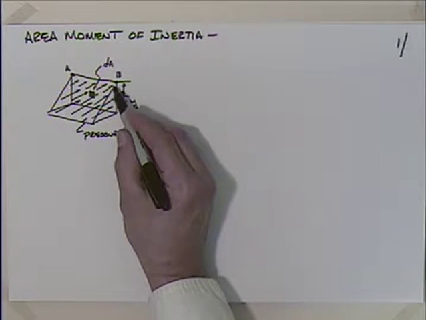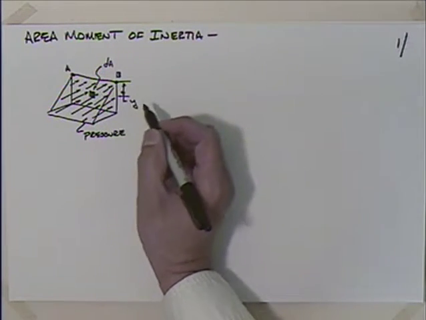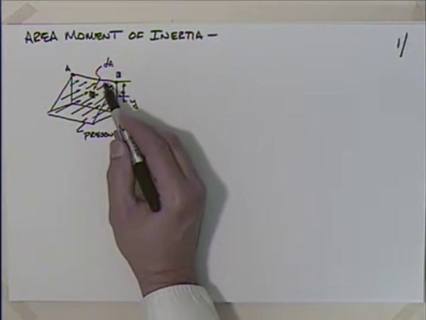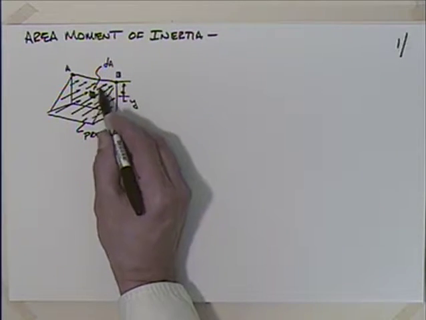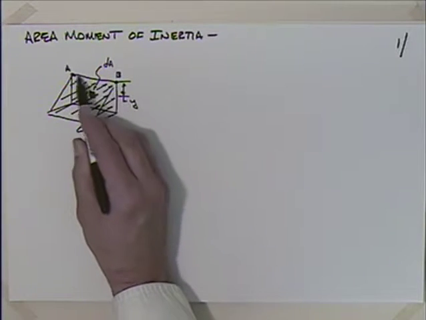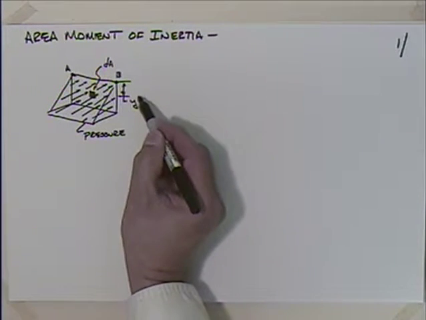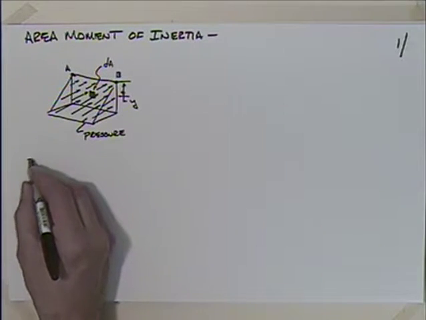At the top it's less pressure. As you go deeper and deeper, the pressure gets greater and greater. So if I look at this triangular pressure distribution, and I look at this area, dA, located some distance y down from where the pressure is equal to 0, this line that we're going to call AB, I can talk about the force on dA,